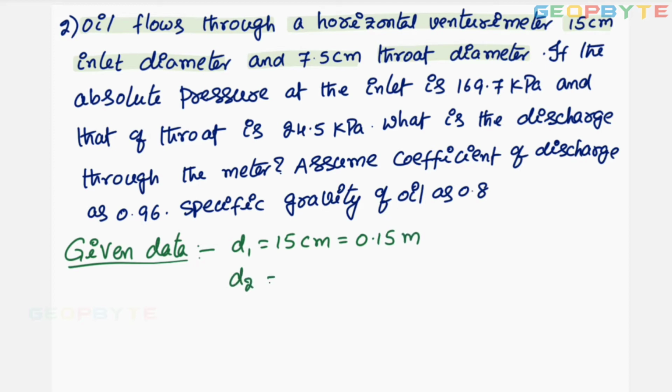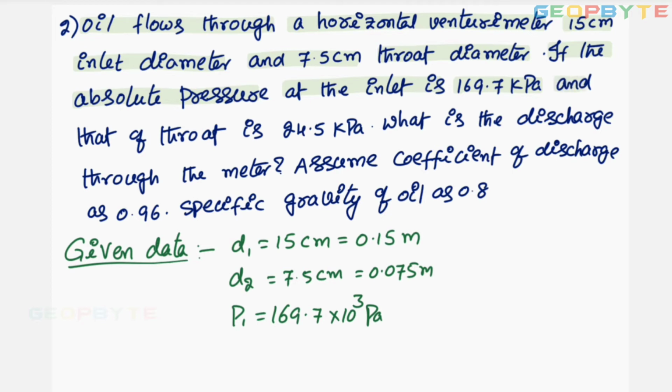Throat diameter is given 7.5 centimeters, 0.075 meters. Next, the absolute pressure at the inlet is 169.7 kilopascal. Absolute pressure at inlet means P1. P1 is given 169.7 into 10 power 3 Pascal,